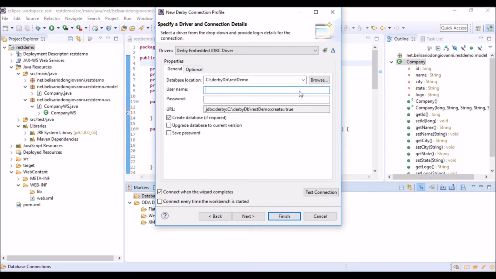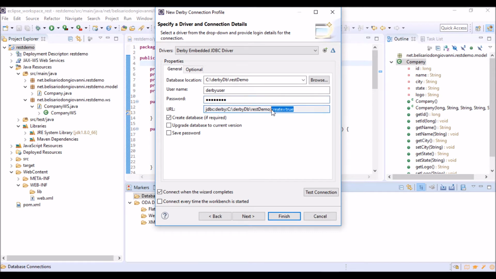Then a username to access this database, that will be user, and the password, that will be pwd. Okay,